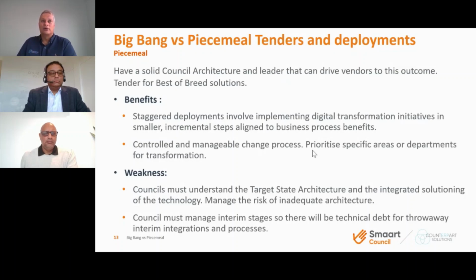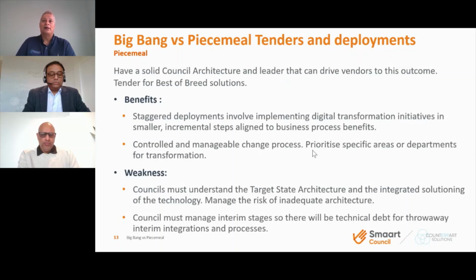So I want to stress that we move away from the traditional solutioning approach to something that's more business focused. So when we talk about that, obviously financials and procurement maps to both, but there may be some components around customer request management and property where we say these are the capabilities that we're going out to market for. And then we're looking for a vendor that can provide that context to us, because they need to be able to deliver those capabilities. So the piecemeal approach can be very structured, and it can manage to council budgets and also council timeframes.